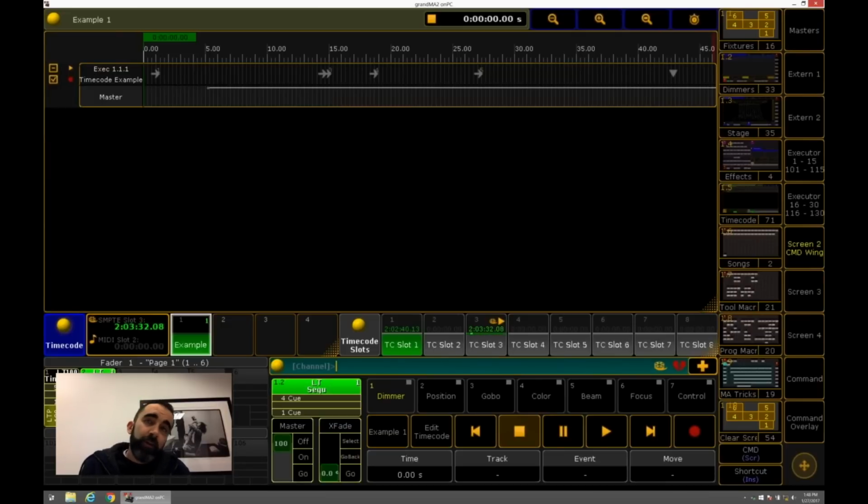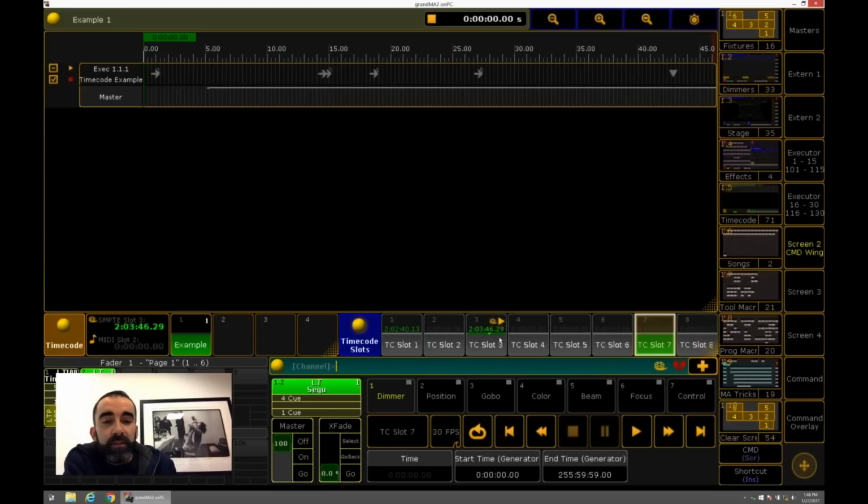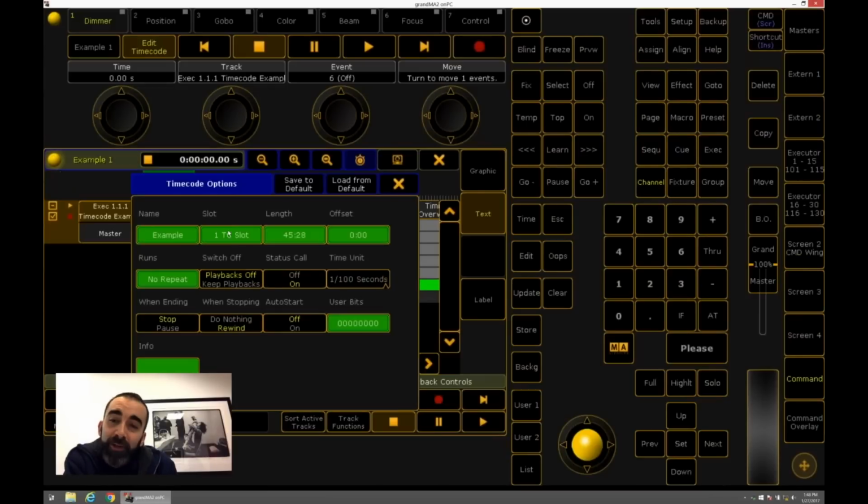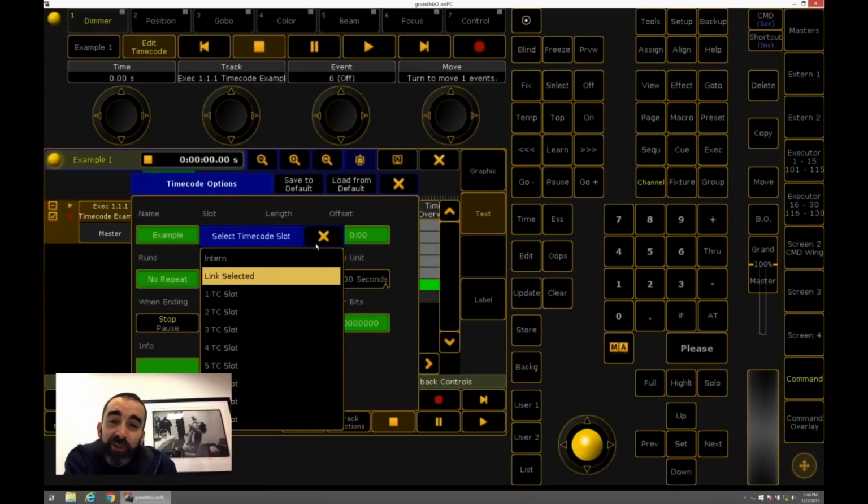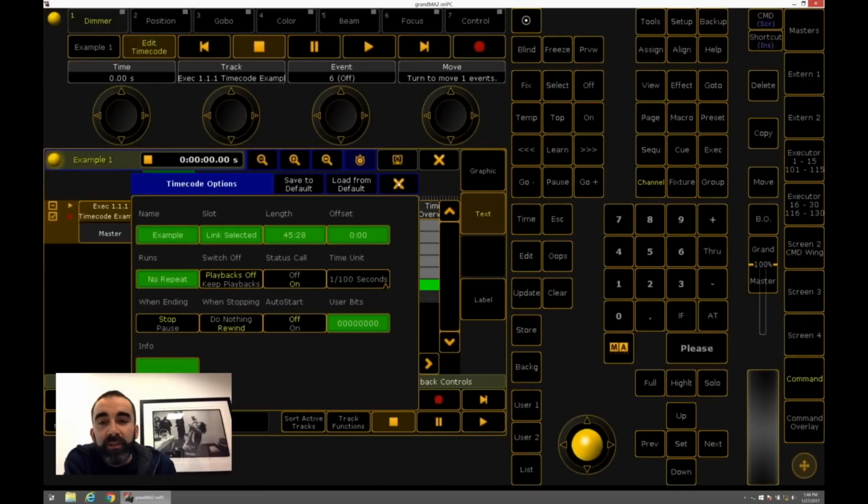Sometimes the guy at front of house has his little computer, he's doing some previs, and he's generating timecode from his computer. In that case, he has his slot. He's slot 8 plugged into the desk, but his backup desk is plugged into the Pro Tools guy. So they can select different slots to change which ones are actually mapped to their timecode shows. In the timecode show, you tell it to listen to a slot or link to the selected slot.